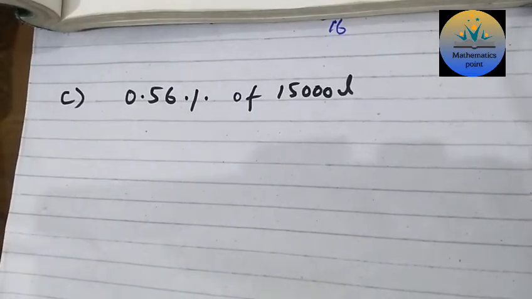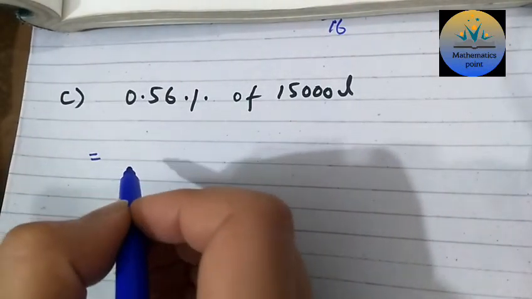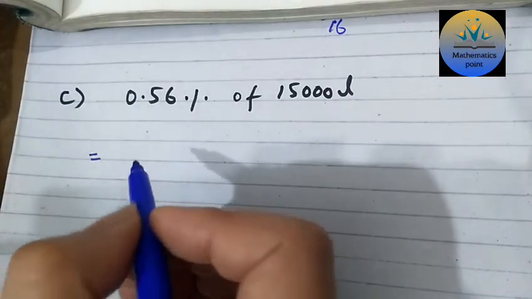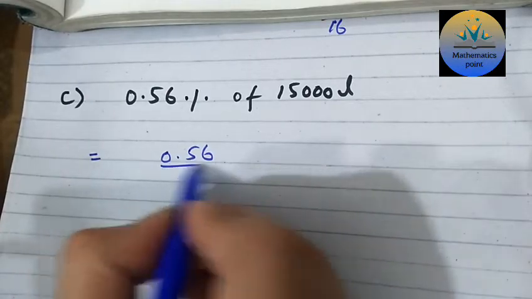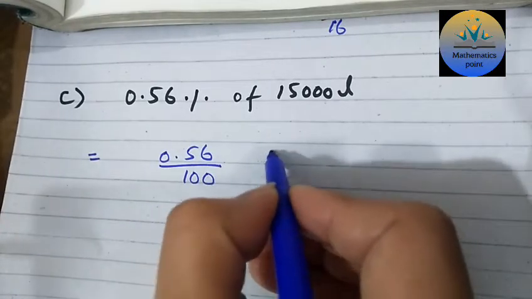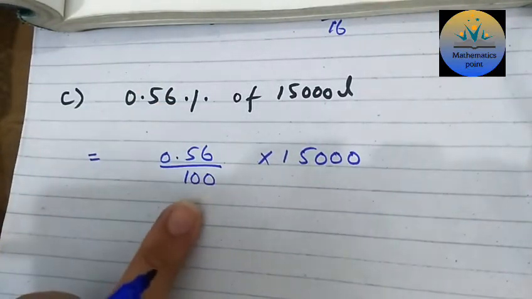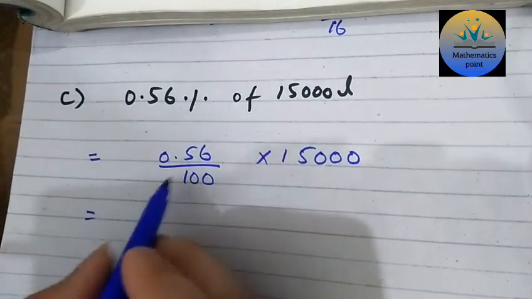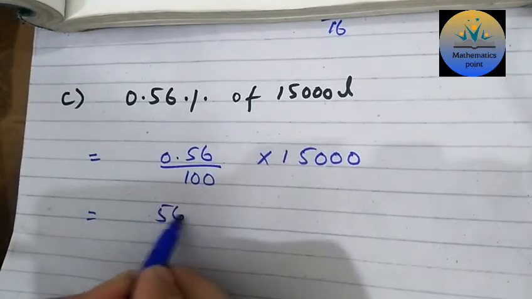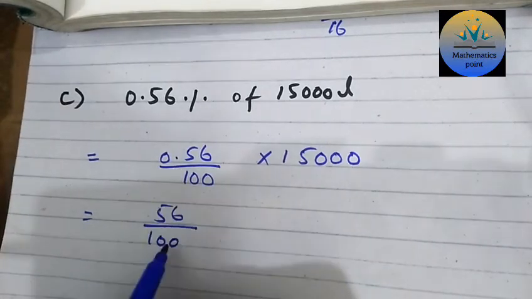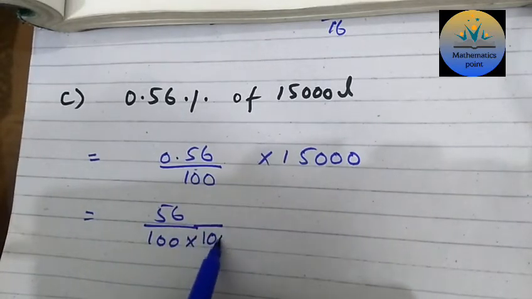Okay, so now we solve part C, in which we have to find the value of 0.56 percentage of 15,000 liter. So 0.56 percentage, so for the percentage we divide by 100, and 15,000 is already in liter, so remove this sign, we divide by 100. Now we remove the point of this term when we put 1 below the point and then 2 zeros, so again it becomes 100. Multiply 100, this 100 of the point when we remove the point, and this 100 is already that of the percentage.